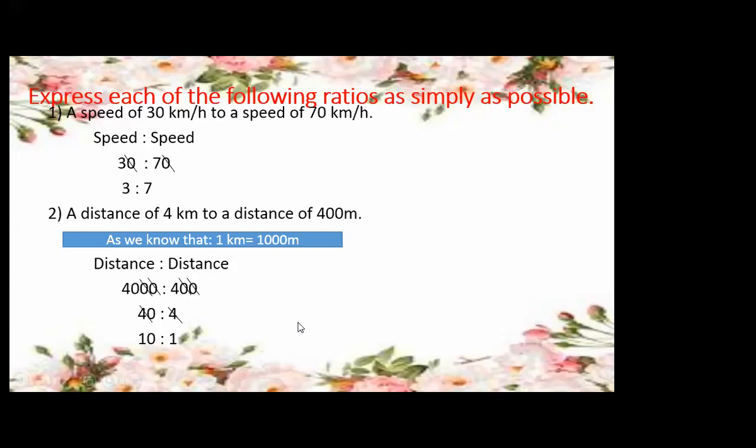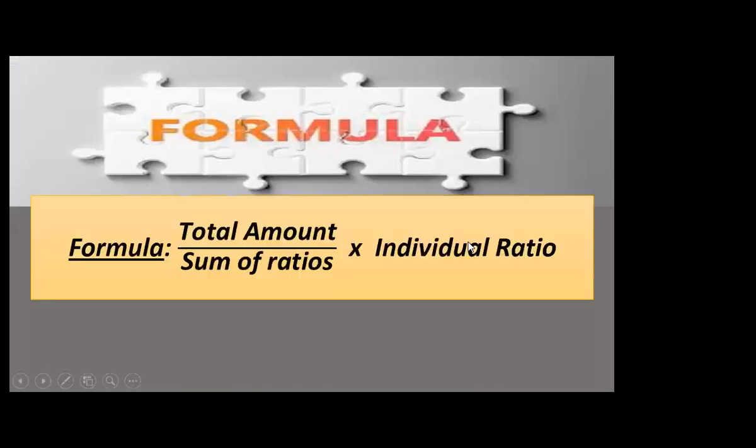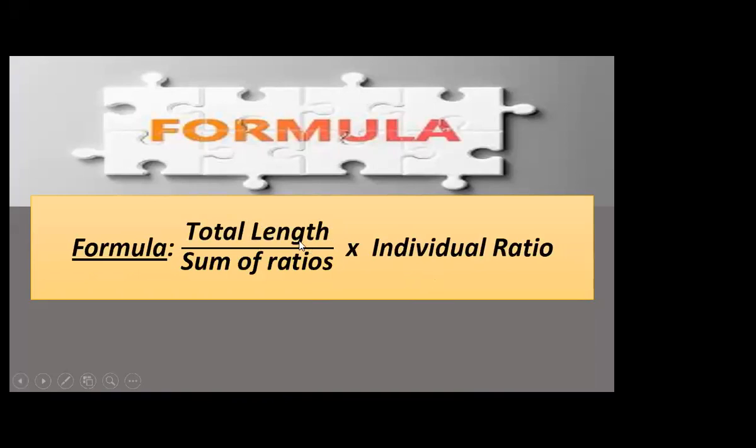10 ratio 1. Then we have discussed the formula for exercise 7.2, finding the proportional divisions. Here the formula is, if the amount is mentioned, if a certain quantity is mentioned, then the formula is total amount over sum of ratio into individual ratio. If length is given, I can write total length over sum of ratio into individual ratio. If age is mentioned to you, then the formula becomes total years over sum of ratio into individual ratio. So simple. Okay,